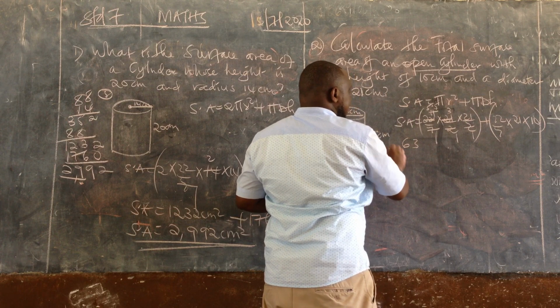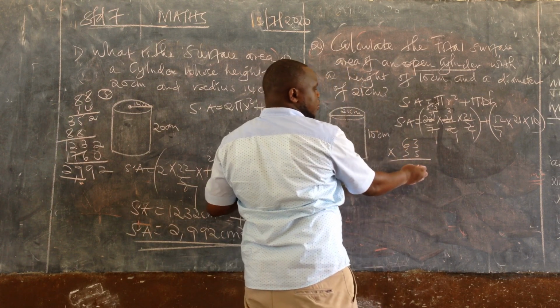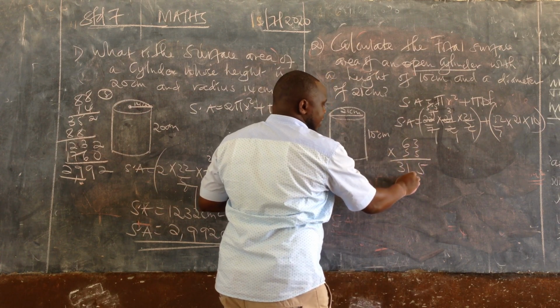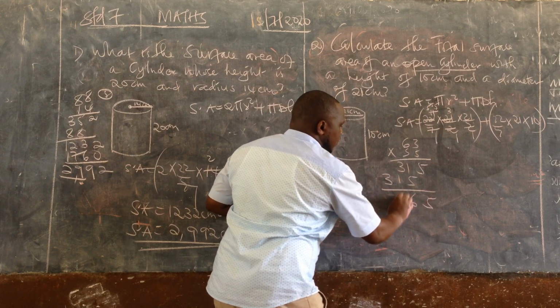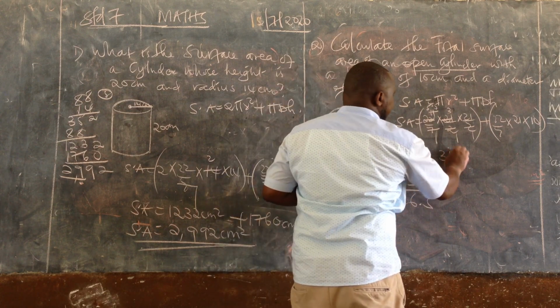So 63 times 5.5, but I know I have one decimal place. So this is going to be 5 times 3, 15; then 315 plus 31.5... giving 346.5